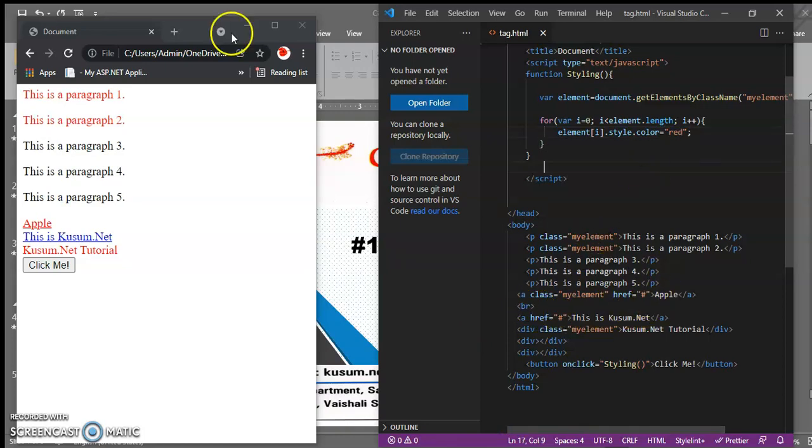Let's save this, browse it, refresh the page, and click on Click Me. You can see that wherever the class name I have applied, only those lines get red. This Apple anchor tag and this division of the Kusum.net tutorial are now shown in red color.